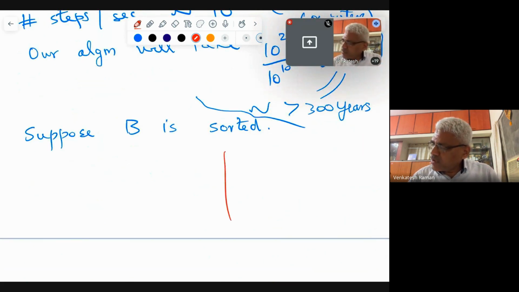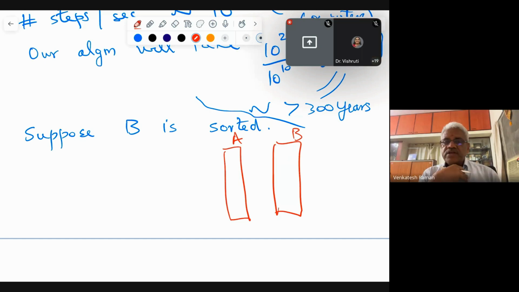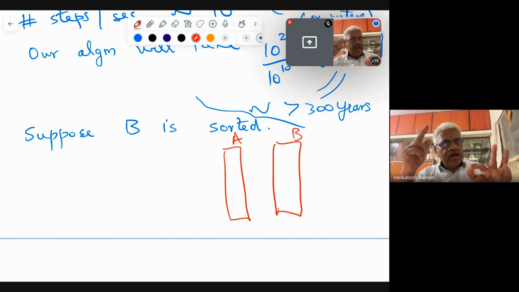Again, remember, my problem is I have these two arrays. I want to find all entries common between A and B, but I give you extra information. B is arranged in increasing order. What can you do? Very nice. Binary search. Excellent. So what you can do is for every entry in A, look whether it exists in B by doing